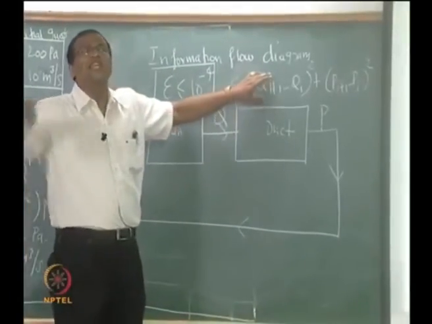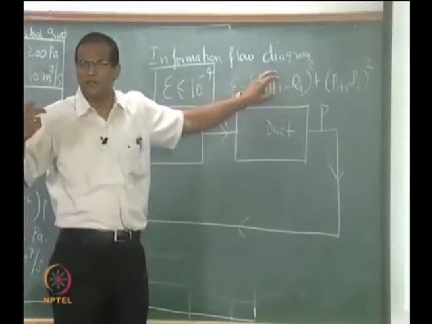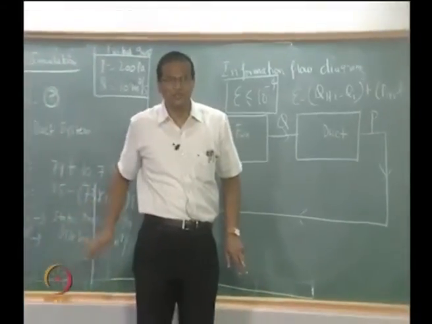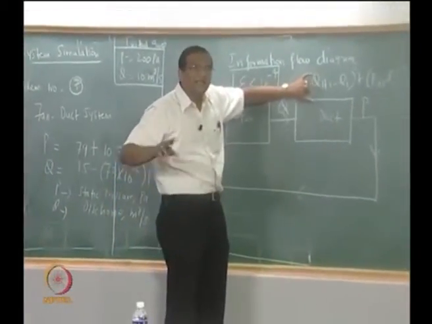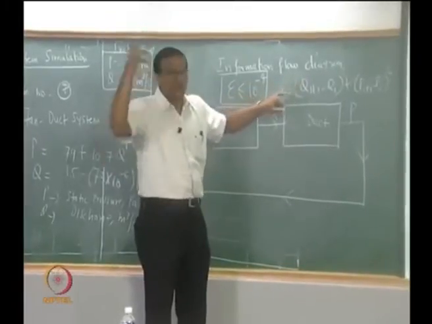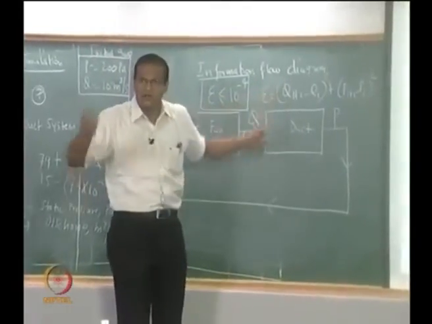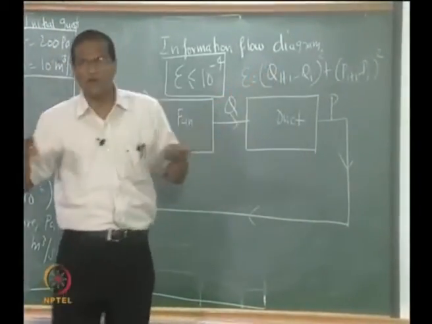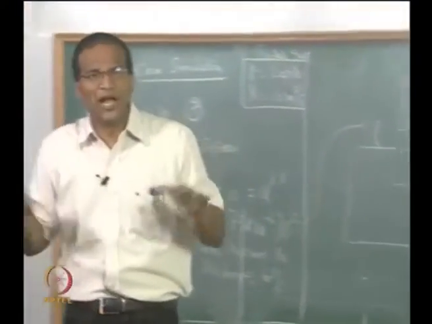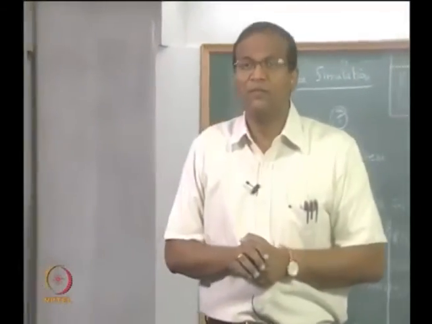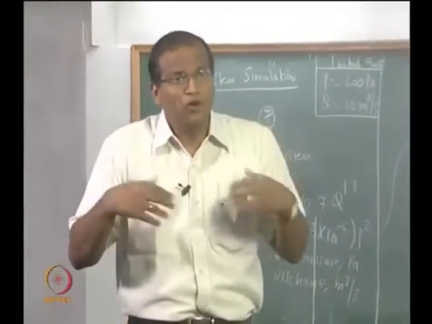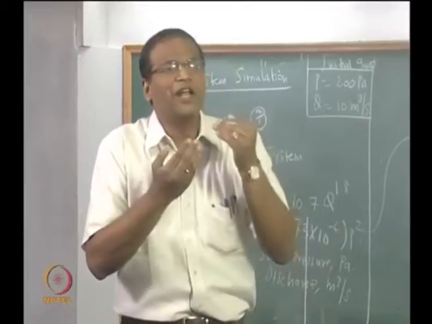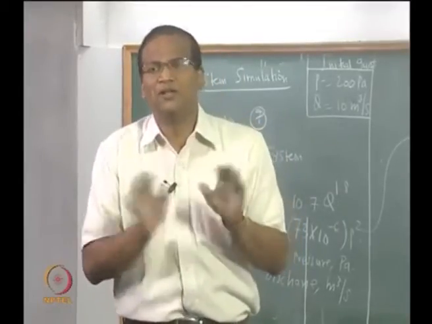You think that this is not the most important part of the problem. You think that using the algorithm and getting the solution is the most important part, but this is equally important, because in real life nobody will tell you what the stopping criterion is. It is for you to get convinced that you have reached a level at which the solution will not change. If you know the true value, you can compare your result with it, and if I get within 1% of the true value, then I am fine.